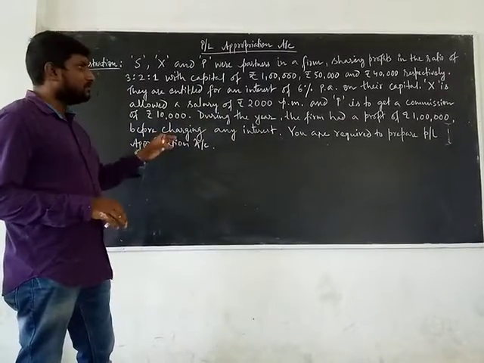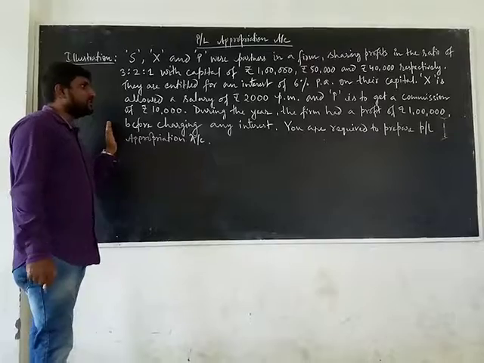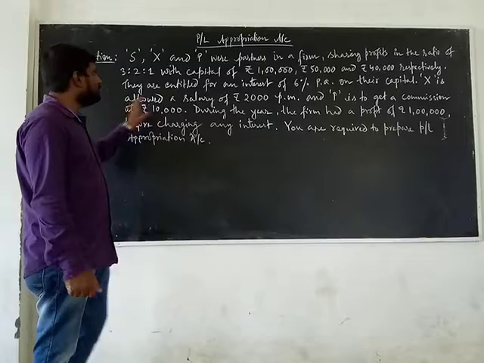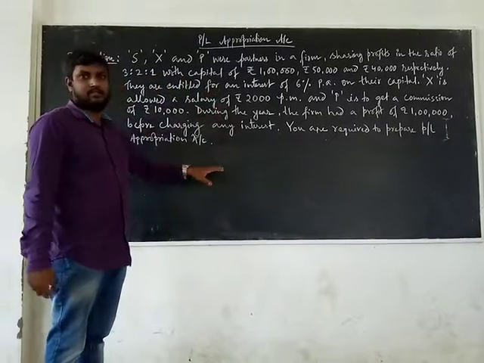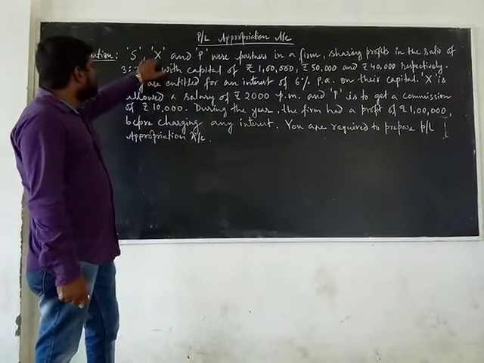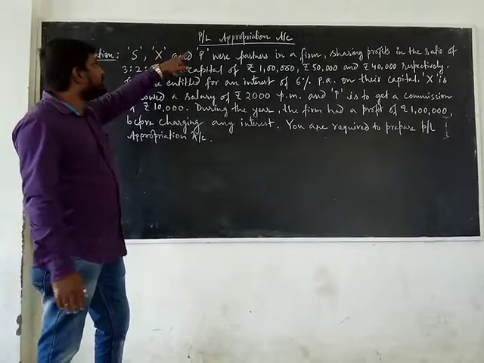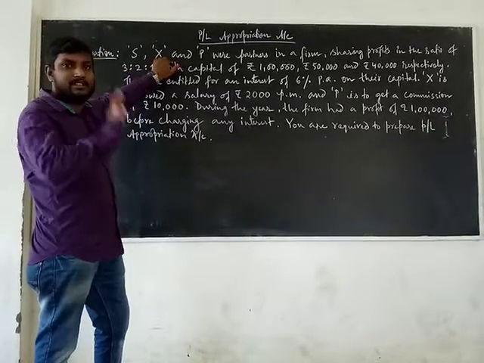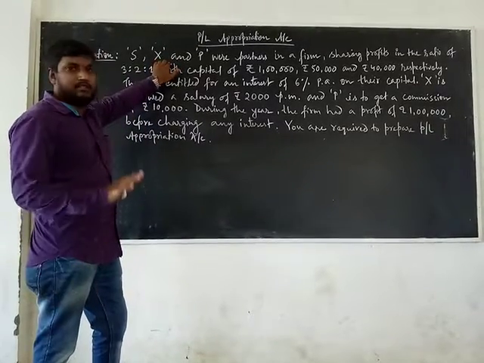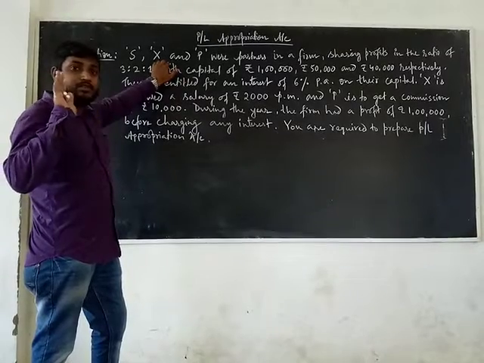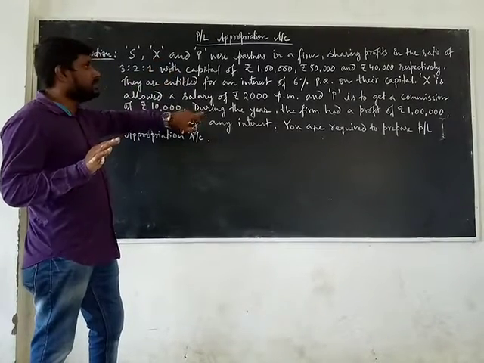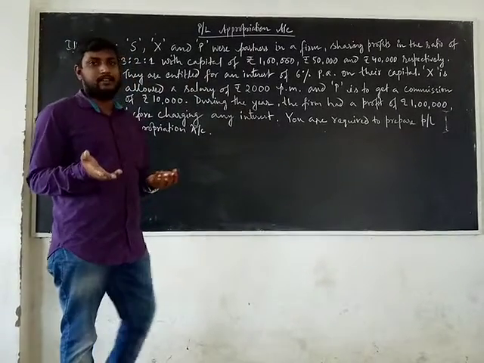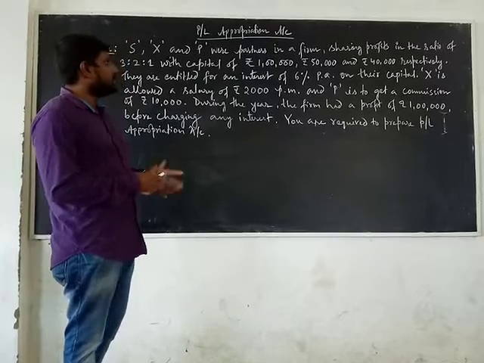It's a very simple one, just for your understanding. In the CBSE main exam, this type of question hardly comes, but somehow you will find some related problems. So this is the very beginning platform for you to understand the PL appropriation account and how to prepare it. I have already supplied the format, so we will follow the same ledger format here. No need to pass the journal entries here, but you should know the various journal entries related to the PL appropriation account, because without journal entries we cannot prepare the ledger. You all know. So now please come to this question.